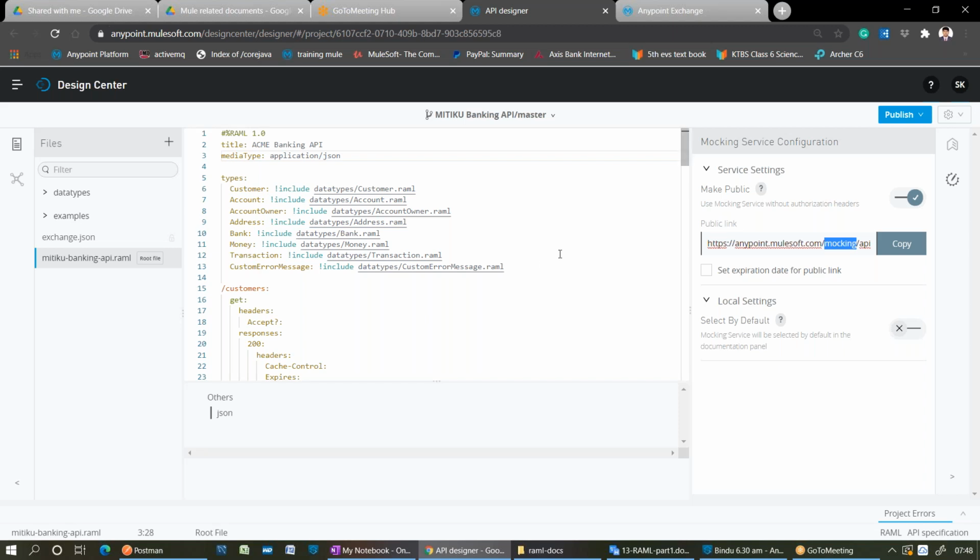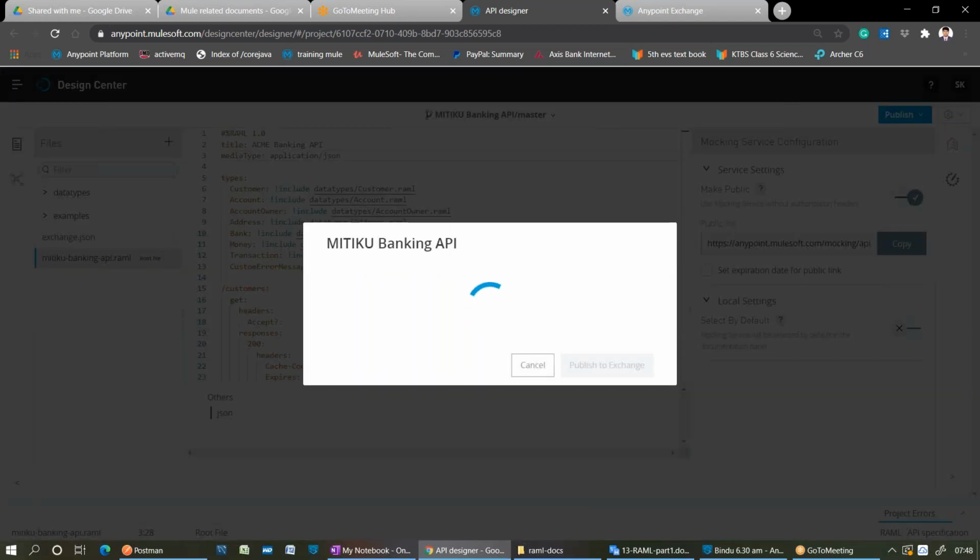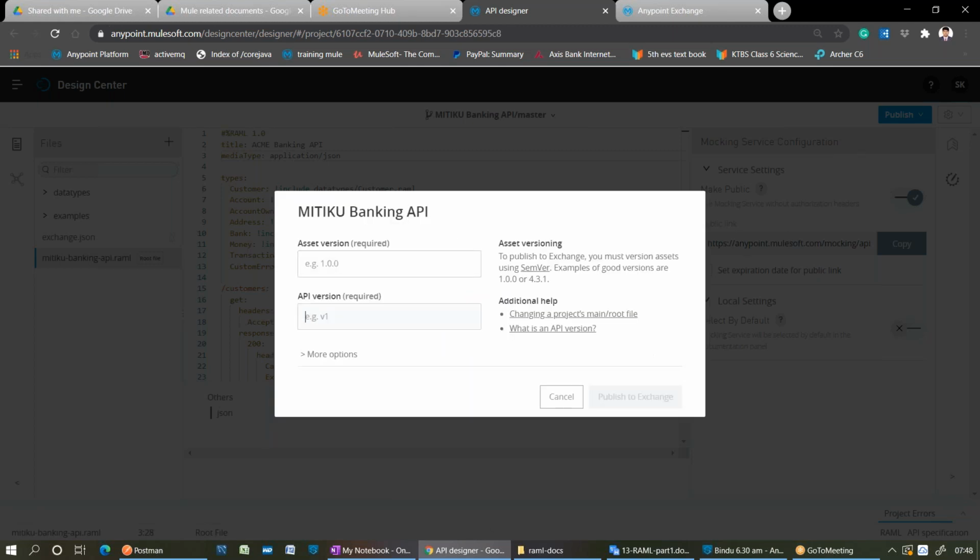First of all, let me publish this API onto the Exchange with this mocking URL. So click on publish to Exchange. Always, as I said just now, whenever you're publishing an API or a fragment, you need to give the versioning. For an API, we need to give the name also.